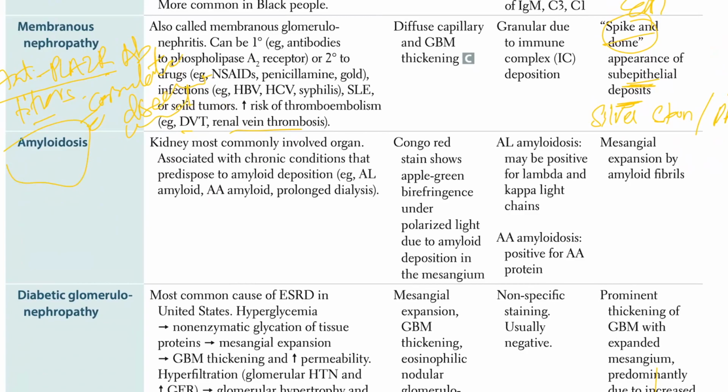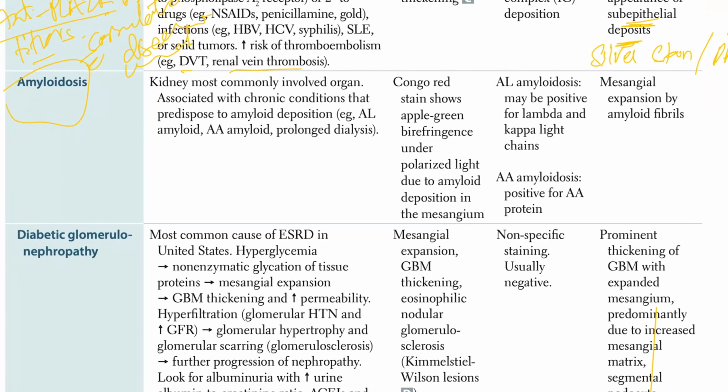Then we're looking at amyloidosis. The kidney is the most commonly involved organ. Kidney is the most common organ for amyloidosis, associated with chronic conditions that predispose to amyloid deposition, for example AL amyloid and AA amyloid. Prolonged dialysis is another cause. You have the Congo red stain, which shows apple-green birefringence under polarized light due to amyloid deposition in the